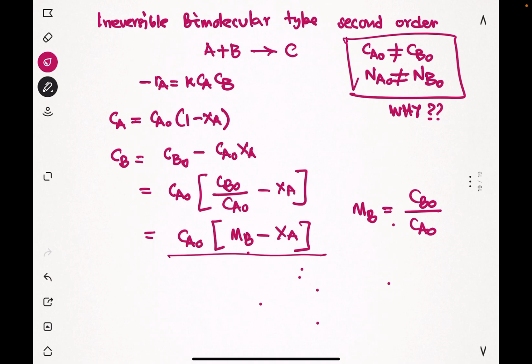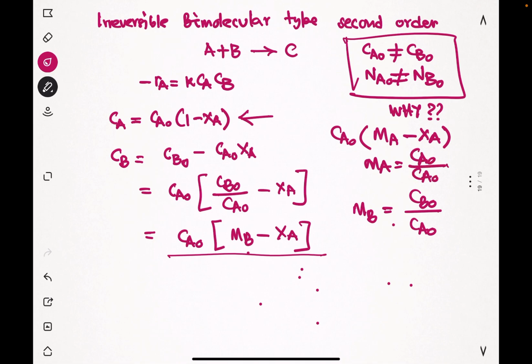So if we look at the concentration equation for CA, here we have CA naught times MA minus XA, where MA is nothing but CA naught by CA naught. That's why it's 1. So we are trying to bring all the concentrations into a similar form. So from here, this becomes